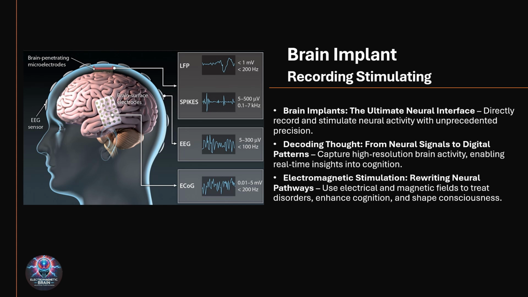for both recording and stimulation. Unlike external sensors such as EEG or even invasive ECoG electrodes, these implants establish direct interaction with neural circuits, capturing and modifying with unprecedented precision. By detecting local field potentials and high-frequency neural spikes, they provide real-time insights into cognition and neural dynamics. Beyond recording, electrical and magnetic stimulation techniques enable the modulation of neural networks, offering treatments for neurological disorders and even